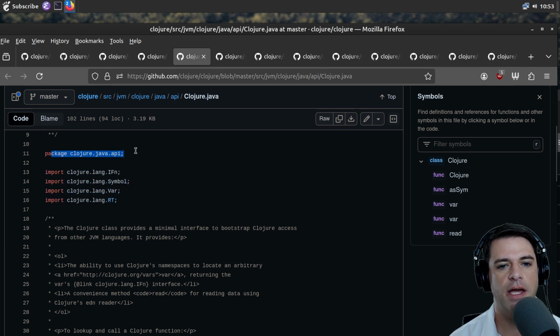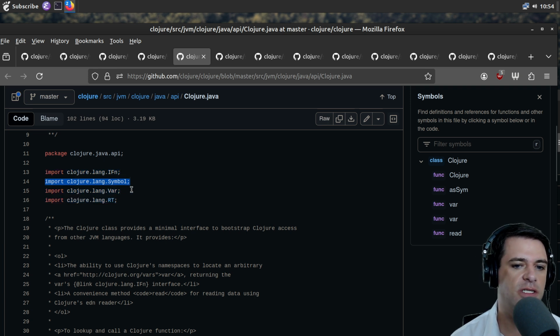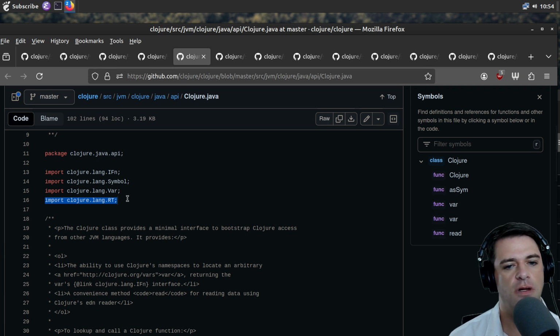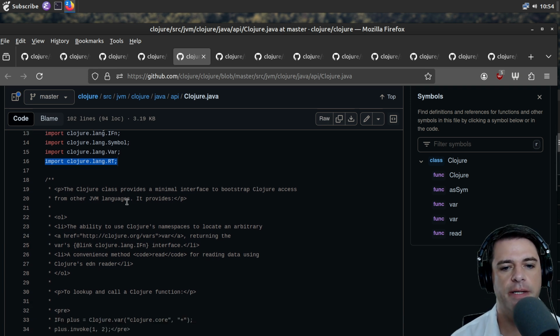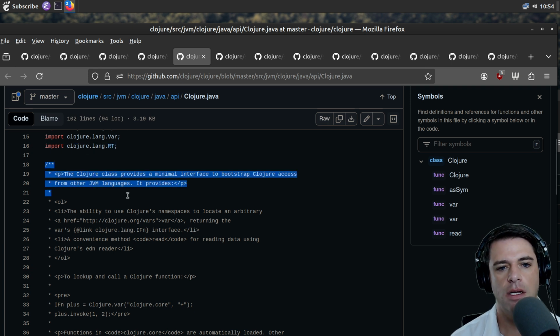This is the package java.api. And we're importing a few things, mainly the function interface, what is a symbol, what's a variable. RT, I guessed before was real time, and it's probably runtime, right? When they say runtime. And then what else do we have?